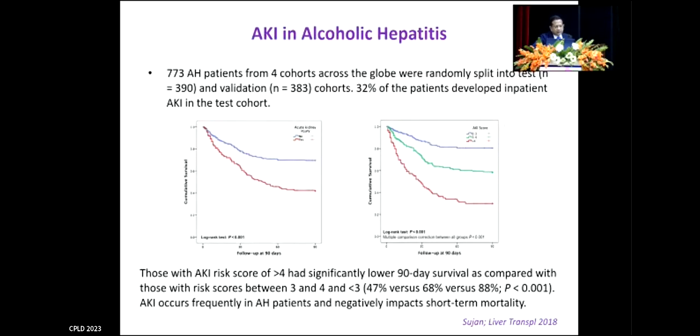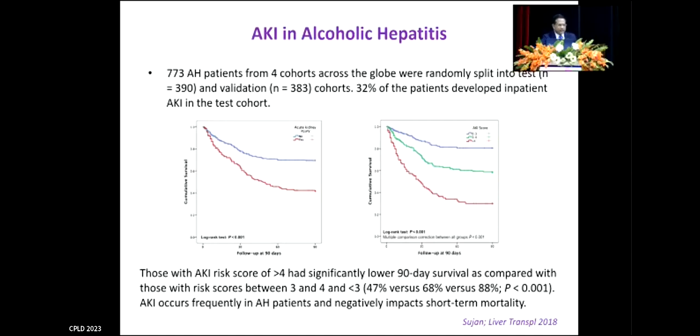Another recent large study, 773 patients of alcoholic hepatitis from 4 cohorts across the globe, were randomly split into test and validation cohorts. 32% of the patients developed inpatient AKI in the test cohort. So again, if you look at the first graph, patients with AKI had significantly lower survival as compared to those without AKI. What this study also looked at was they formed an AKI score, which included the MELD score, hepatic encephalopathy, presence of SIRS, age,